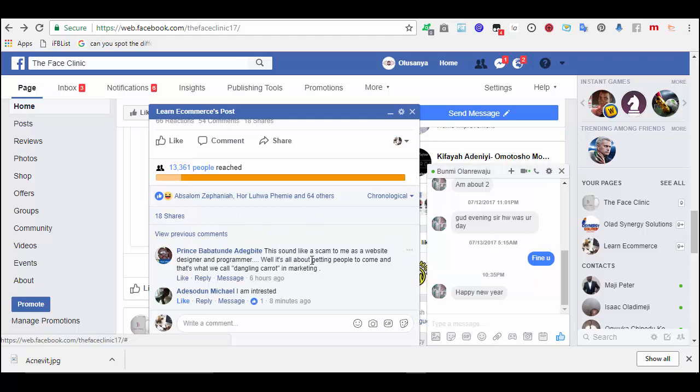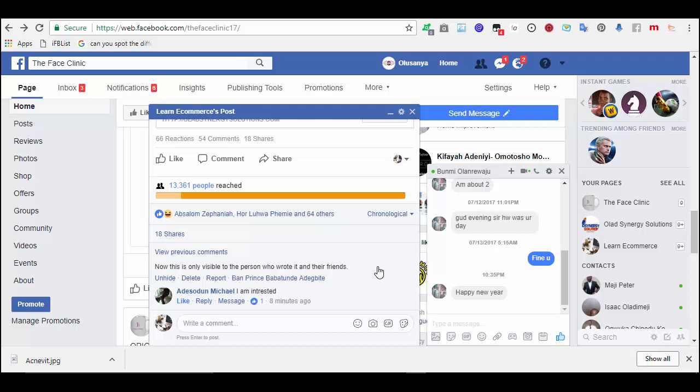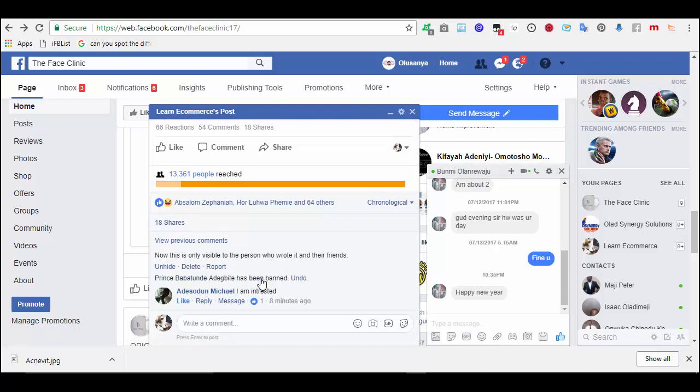And do you know what we do with these people? Because it's about 6 hours ago, people will have seen it. You will just hide these comments, okay? Because you can ban him. I can ban him completely. I can delete it.